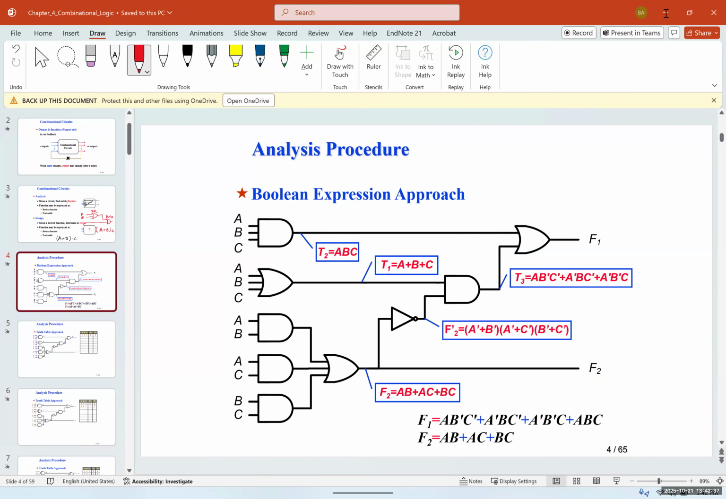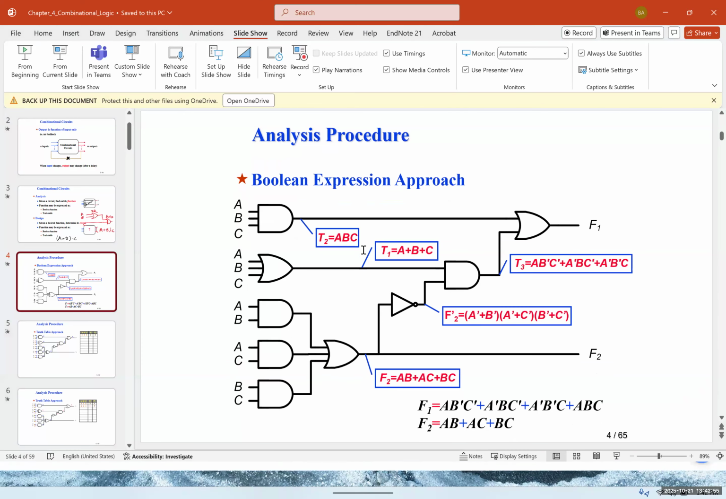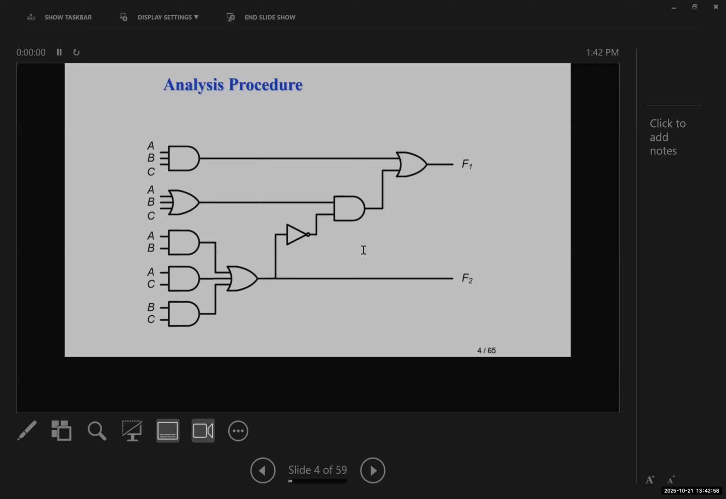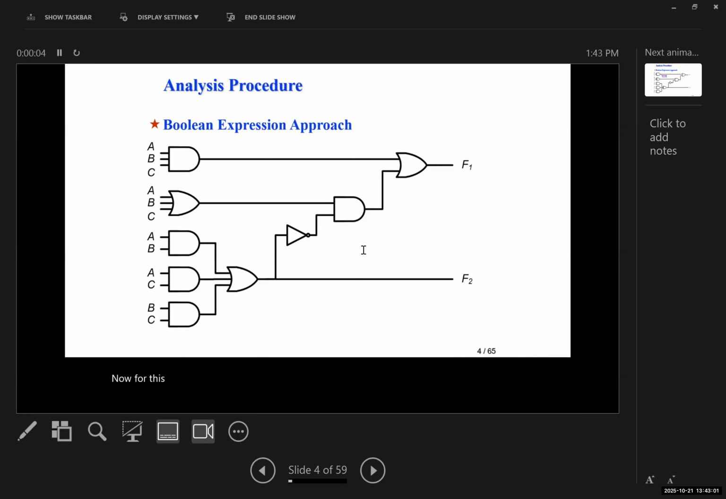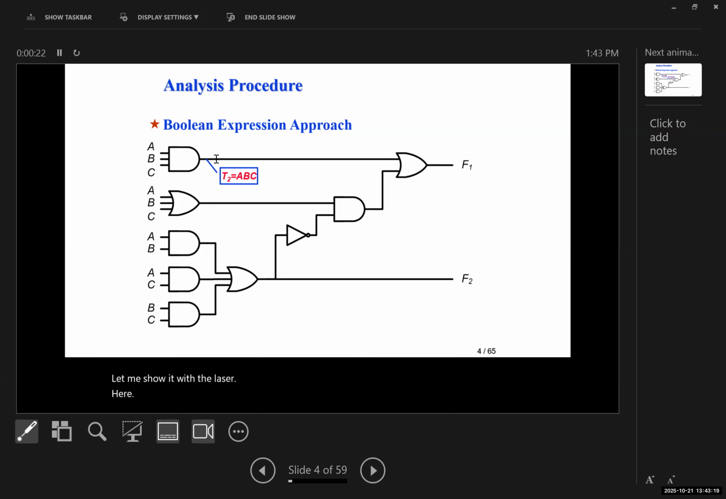Now for the analysis procedure, we first want to do the Boolean expression approach. This is an example that we have. Now, for this example, can you tell me the first gate on the upper left? What is the output of that? Let me show it with the laser. Here. So here,